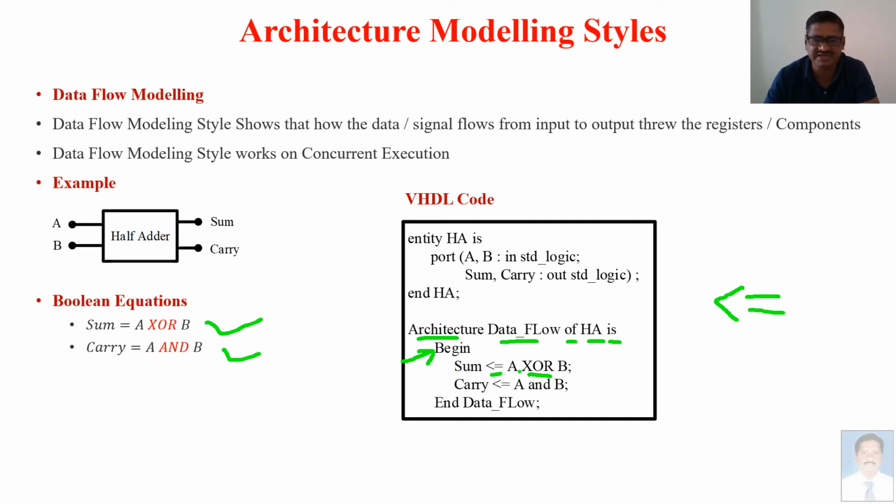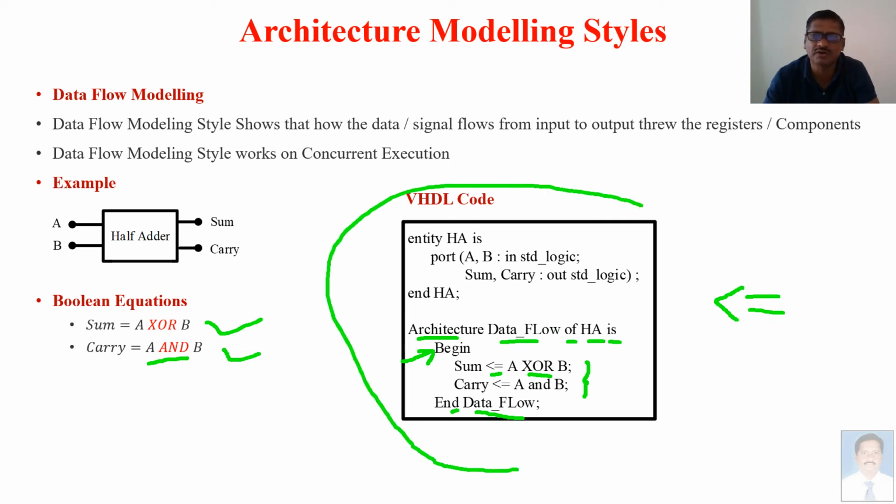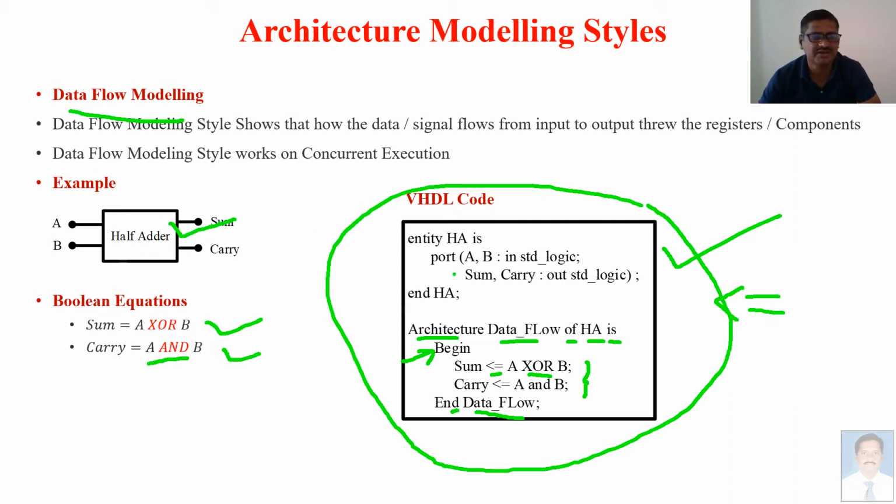Sum is assigned as A XOR B, and carry is defined as A and B. This is the VHDL code, and the name of the modeling, that is data flow, or the name of the architecture to be exact. And this is the VHDL code for this type of modeling, which is data flow modeling, for the same architecture or same device,